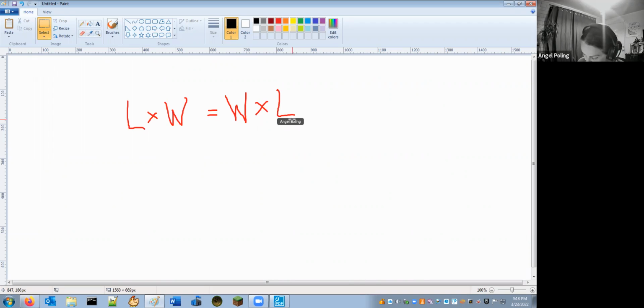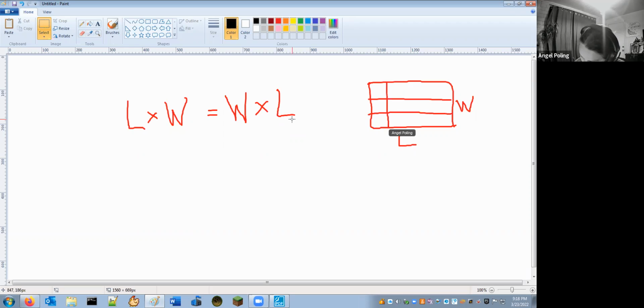So it doesn't matter generally to us if we're taking length times a width or a width times a length, right? We look in terms of arrays to help us explain, right? So for example, this could be 5